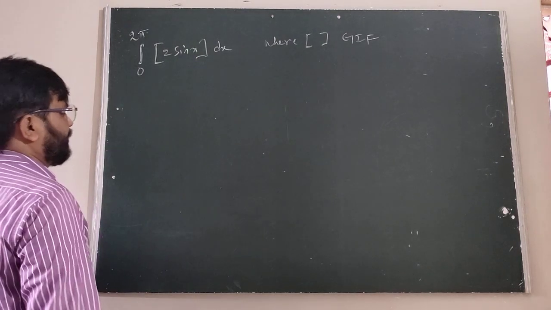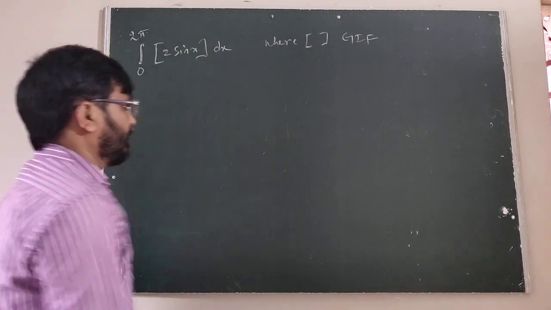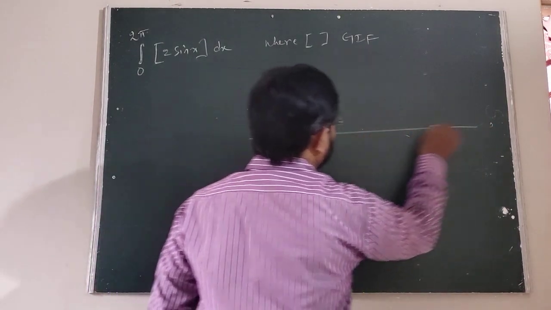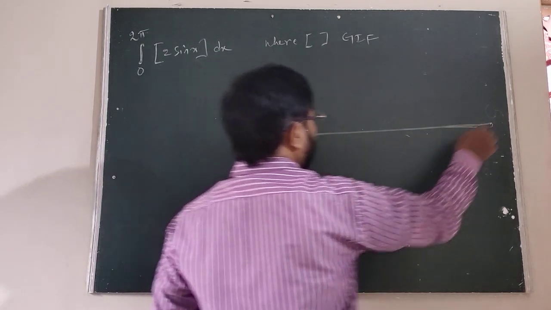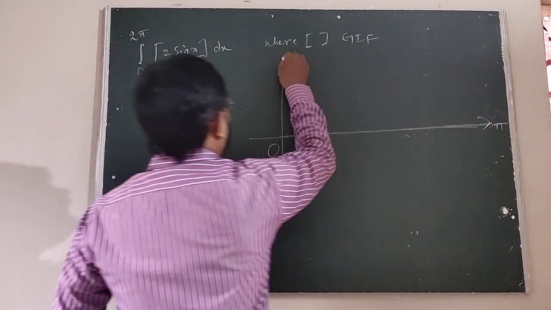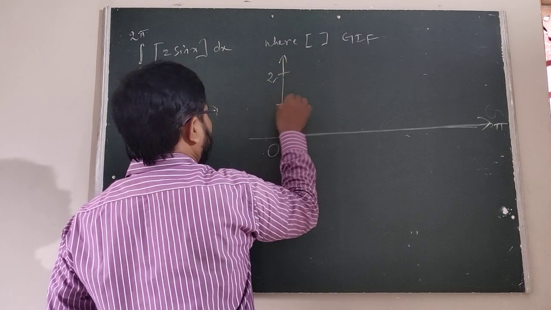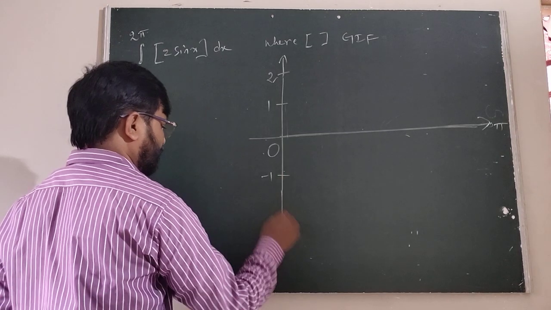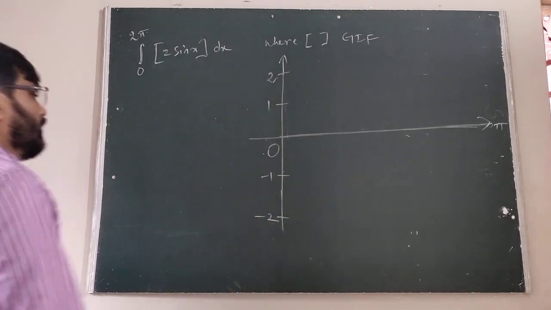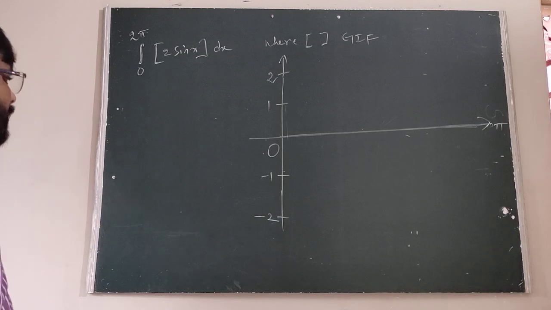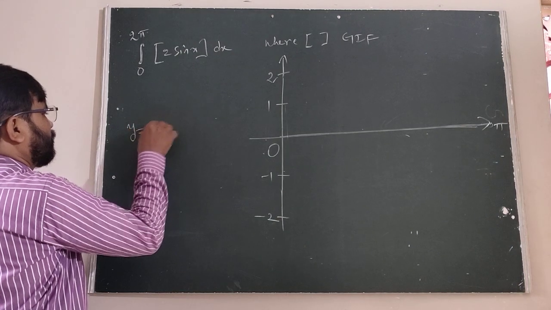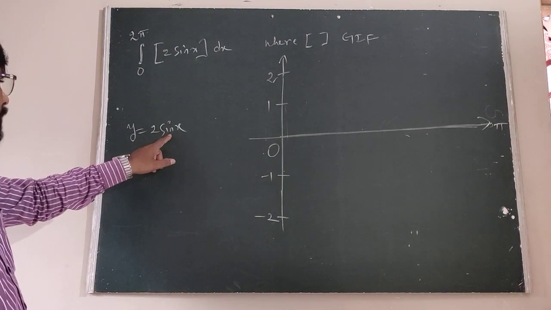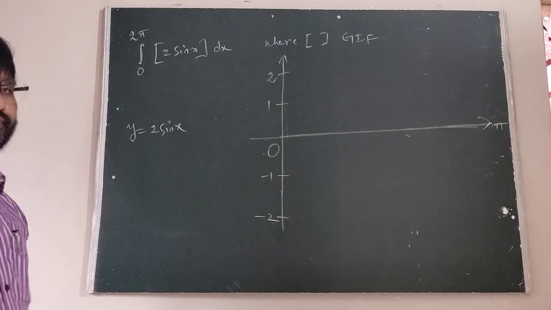All of you listen here. Just take the values 0 to 2 pi. On the y-axis we have to take the maximum value 2. This is the minimum 1, maximum value 2. In this case minus 1, this is minus 2. When we are taking y equal to 2 sin of x, sin 30 is 1 by 2, therefore exactly we got 1.